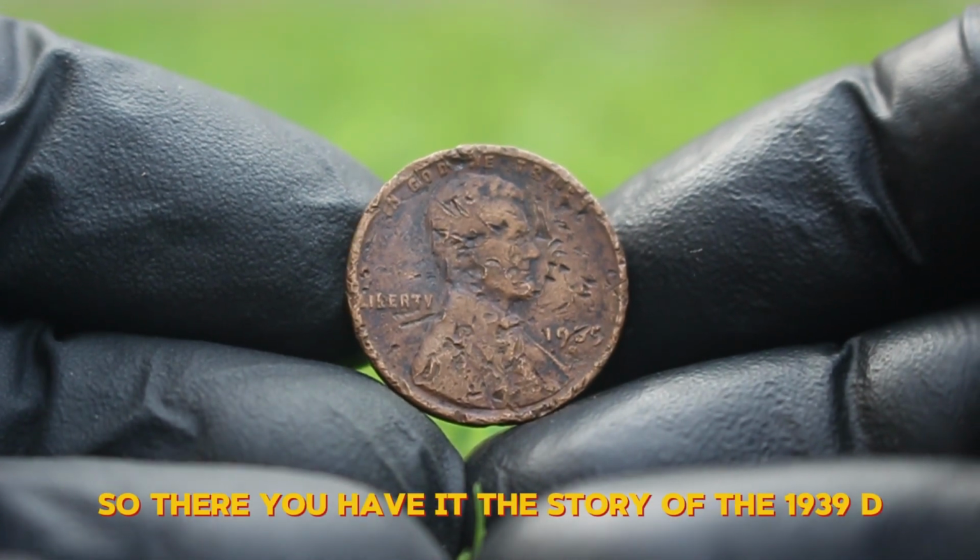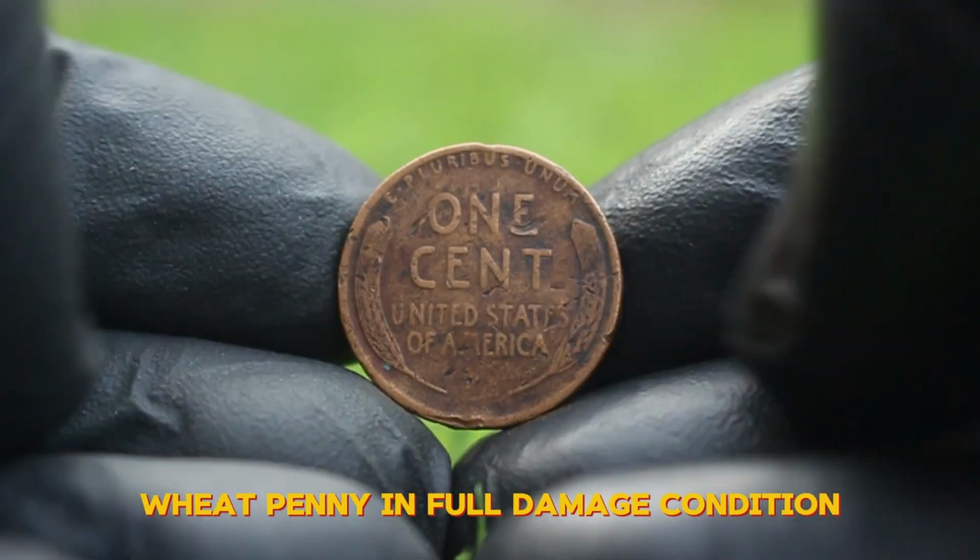So, there you have it, the story of the 1939 D wheat penny in full damage condition and why it